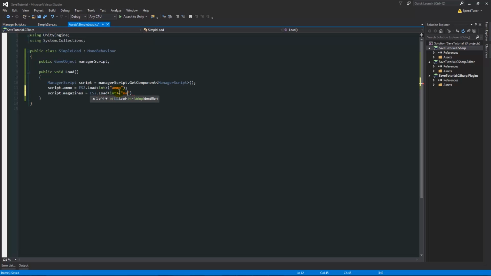Then in quotes, we want magazines spelled correctly, as you would expect. Then the only difference is we've got a boolean now that we want to load. So we've got script, and then we want to say broken arm. So we want to fill broken arm with something. So we say